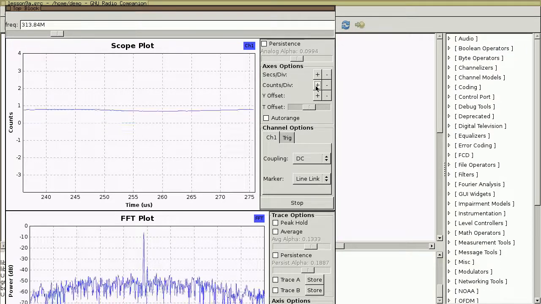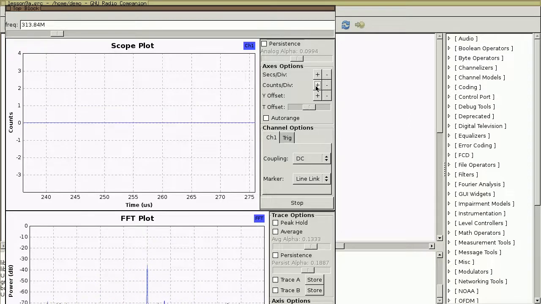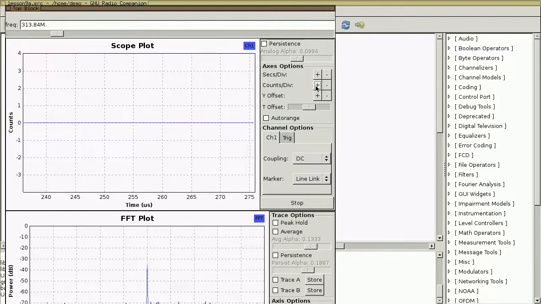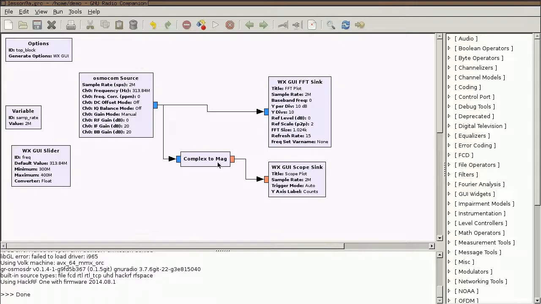Because there isn't any information being carried in the amplitude, the information, as we've already observed from the FFT plot, is probably being carried in the frequency. So how are we going to demodulate it? How are we going to extract frequency information over time so we can scope that instead of scoping the amplitude? Well, if you recall from Lesson 7, we talked about an algorithm that allows us to do that for complex valued signals. And here we have a complex valued waveform that instead of amplitude demodulating, as we did with the complex to mag block, we should be able to